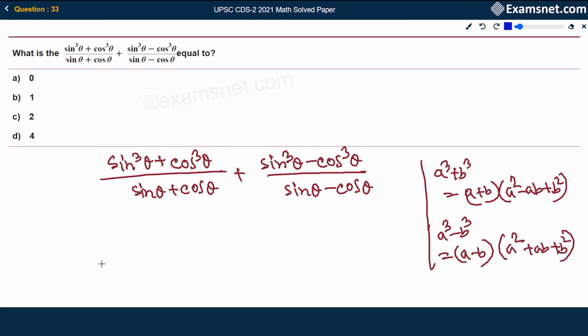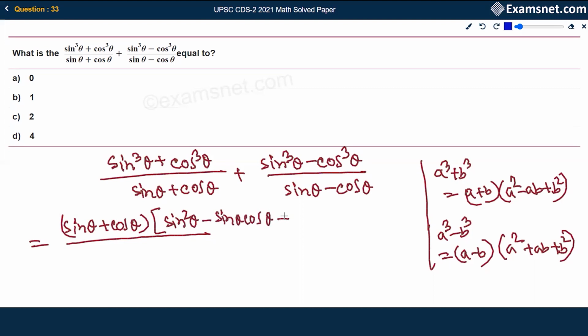Okay, now let's use these formulas here. Consider sinθ as a and cosθ as b. So this will give us (sinθ + cosθ)(sin²θ − sinθ cosθ + cos²θ)